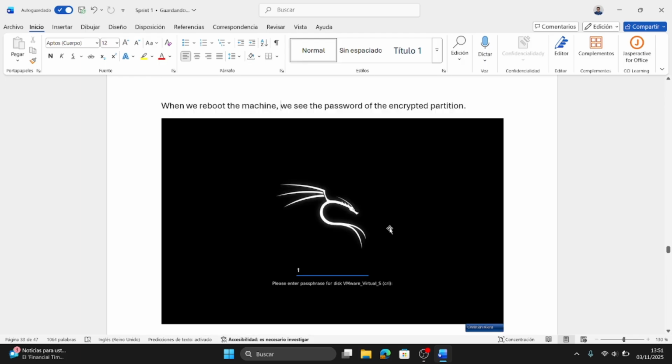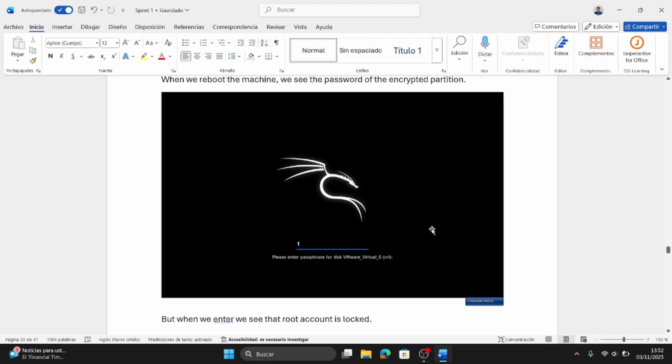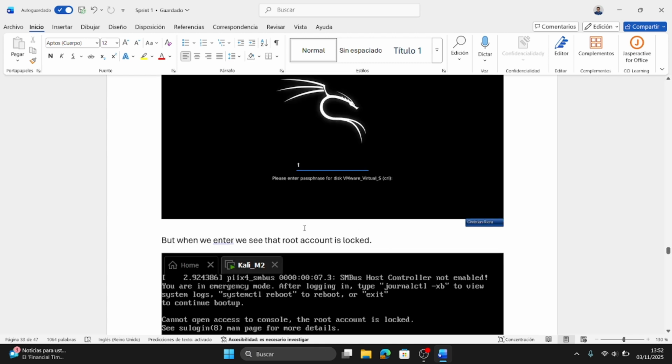Until here all seems to be running well, because we have to enter the password that we created previously to enter our virtual machine, and now it is asking for a password because one disk is encrypted and we need the password to enter and see the content.